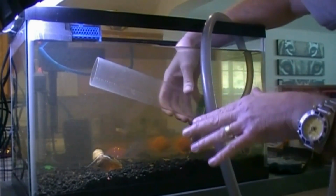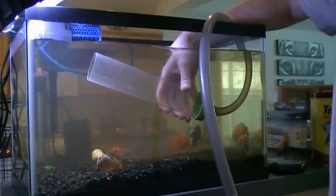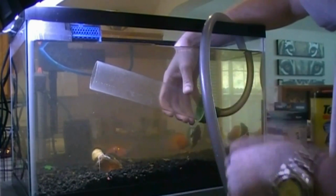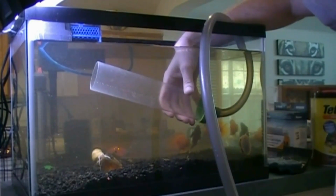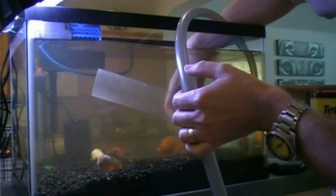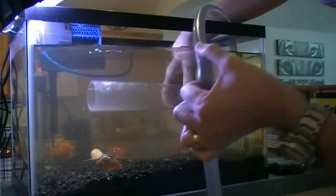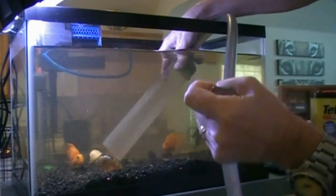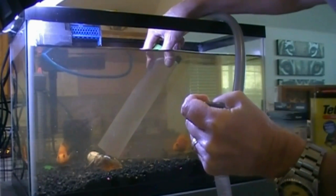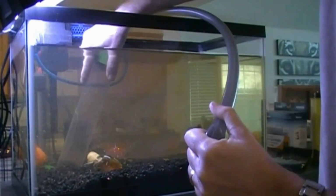But I don't like the ones with the flappers, because debris can get caught in that flapper. They clog up sort of easily. So I prefer just to use the old sort with no flapper in there. And they're easy to start. You just angle it up, raise it, it'll start to drain, drop it right back down. And you can completely stop the flow by crimping it until you're ready to go to the first spot. And then I'm going to go to each spot,